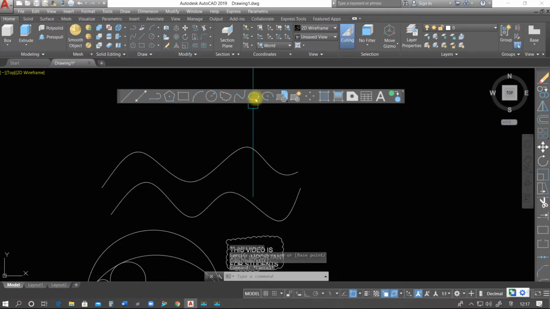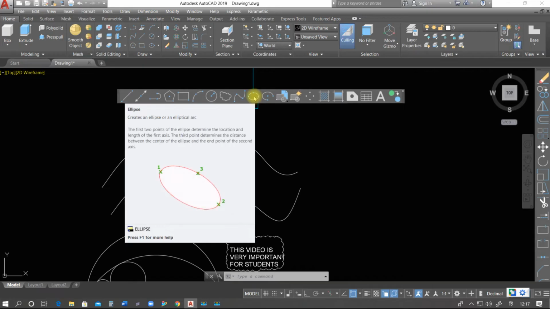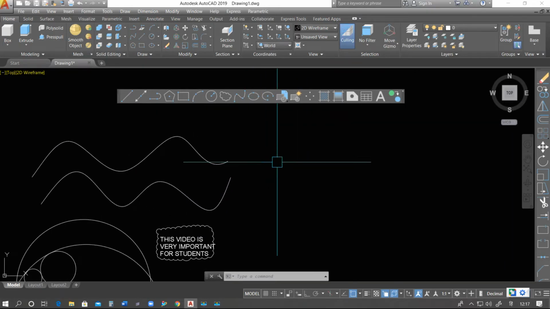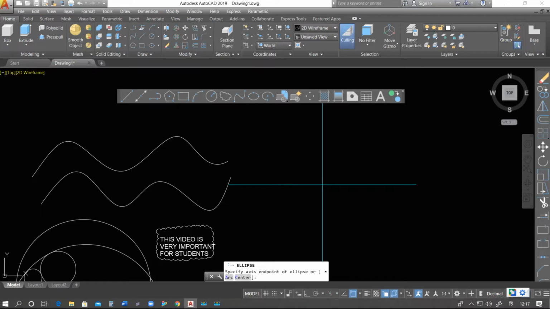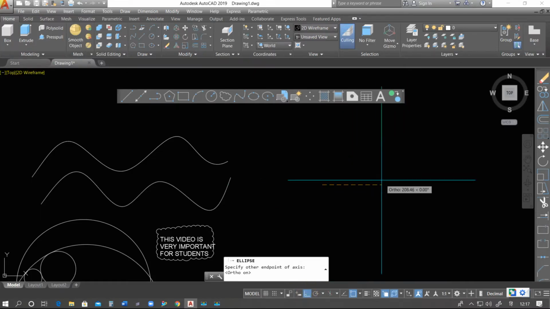We have next option, that is ellipse. Ellipse is the combination of major dia as well as minor dia. How to use? Click here. We just pick the point. Now I'm going to check this command ortho. What should be the maximum diameter?